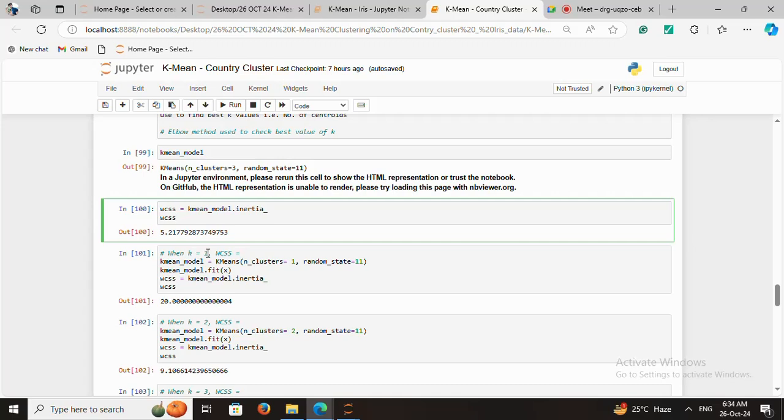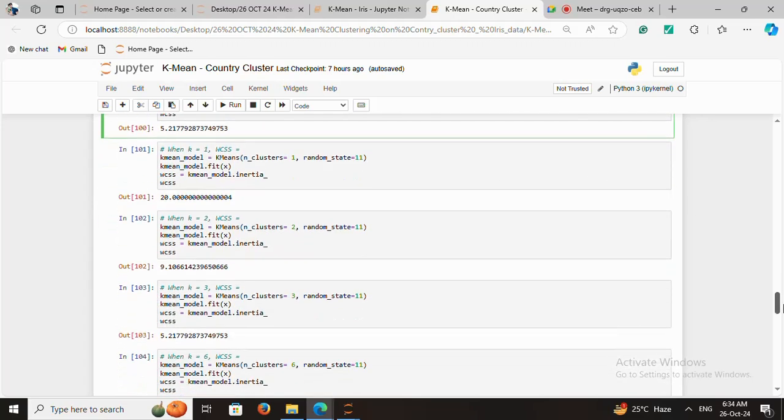Now suppose when I'm putting k equal to 1, if the value of k changes, then obviously the WCSS value will change. So you can see the results. The k-means model is KMeans with n_clusters equal to 1 and the same random state 11, then the model fitting on x. WCSS is equal to k-means model dot inertia. So the output will be 20. When I'm passing k equal to 2, the output will again vary, 9.10. When k is equal to 3, the output will be 5.21. When k is equal to 6, the output will be